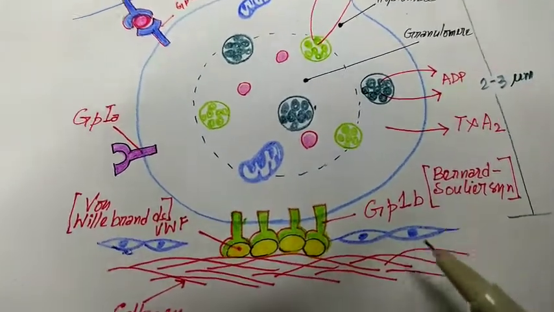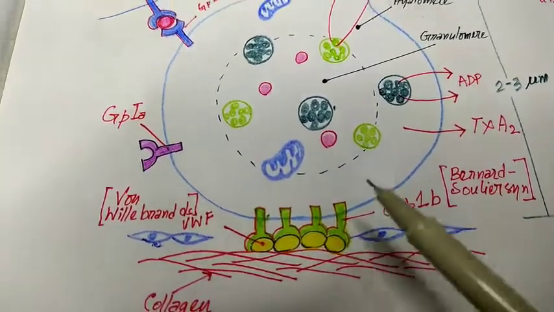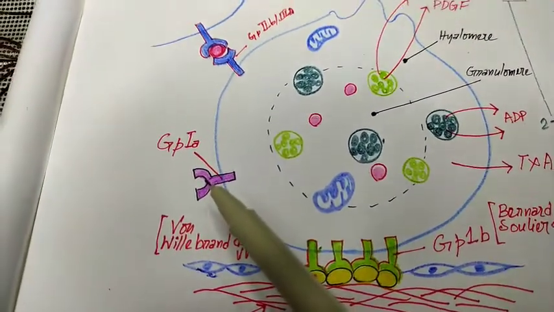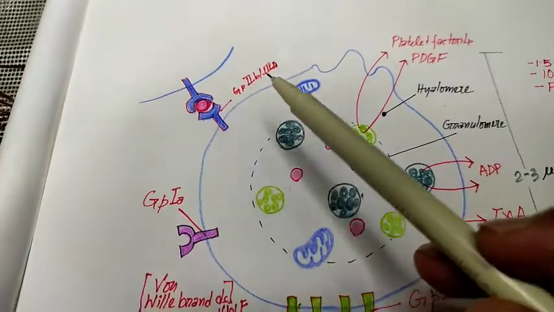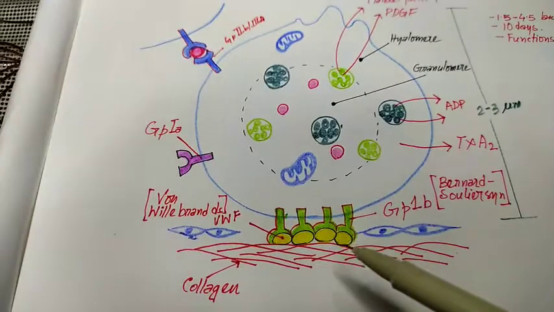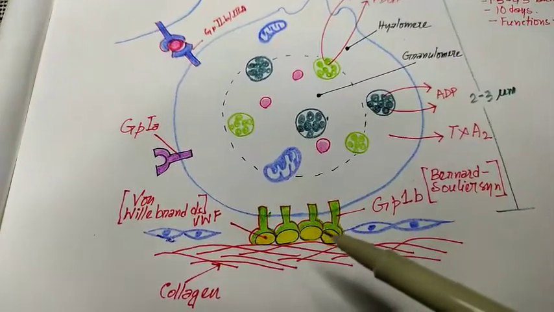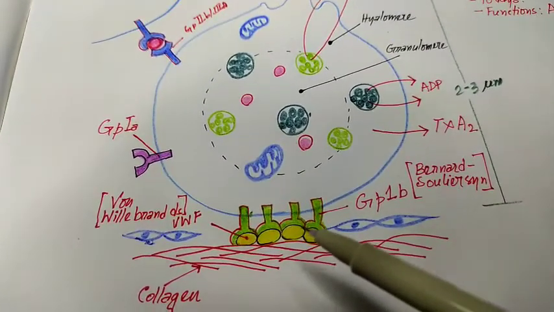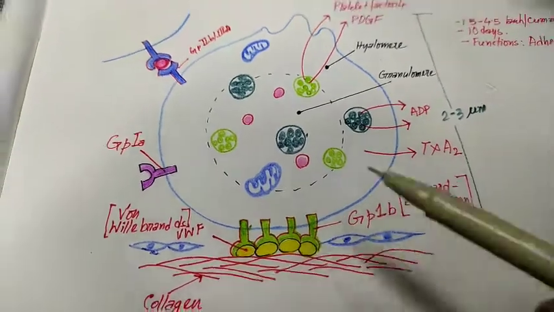So the first one is Gp1b, the second one is Gp1a, and the third one is Gp2b3a. These are the surface receptors on the surface of a platelet, and these receptors play vital roles in various